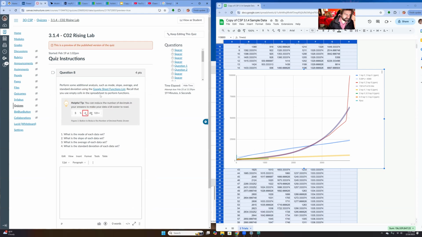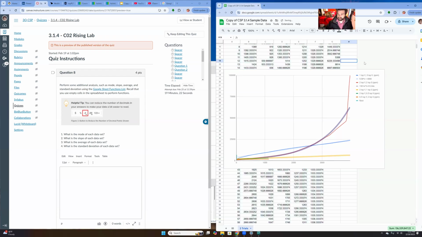Okay, so next thing we want to do is to think about our Google function list that we can use and try to figure out information about the data set. So we're going to look for all of these here, and we are going to predict, or not predict, but find the mean, the median, and the mode. So an easy way to do that,